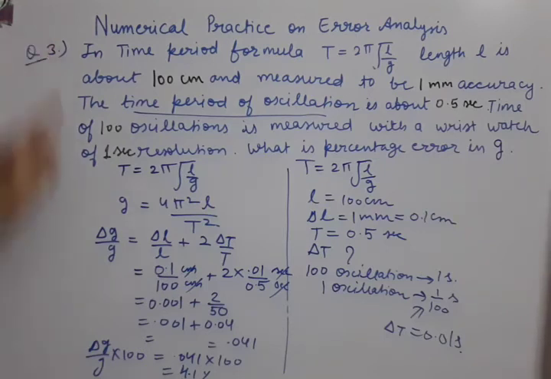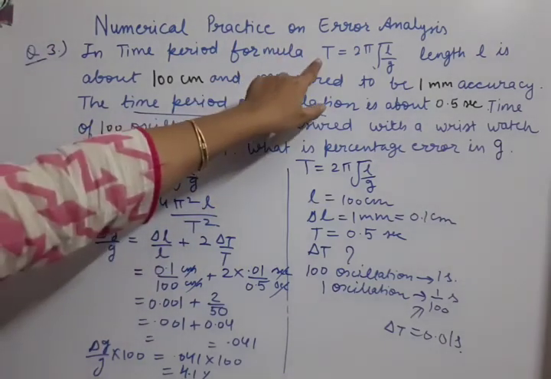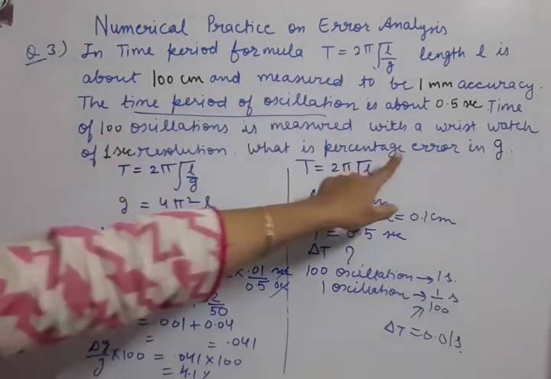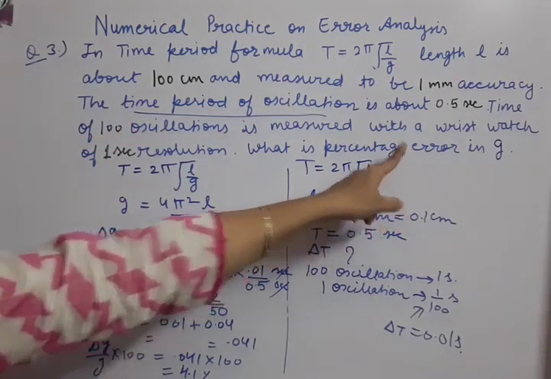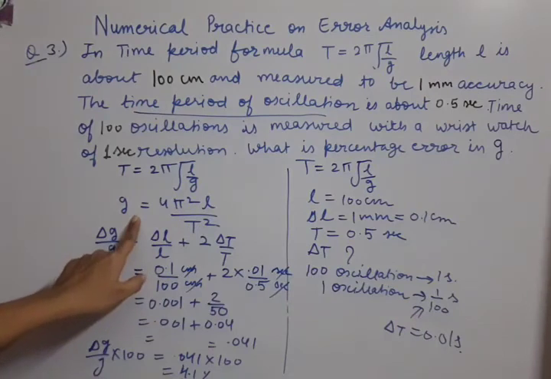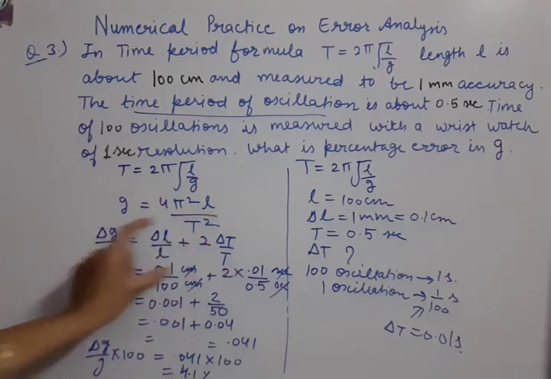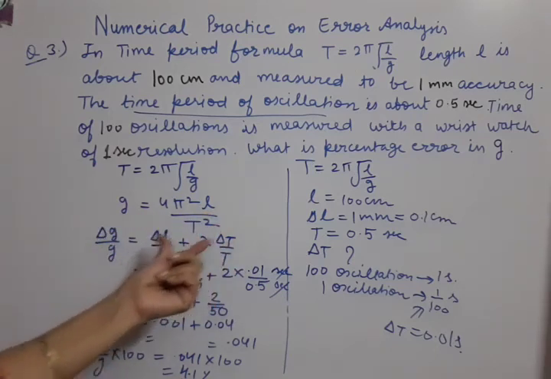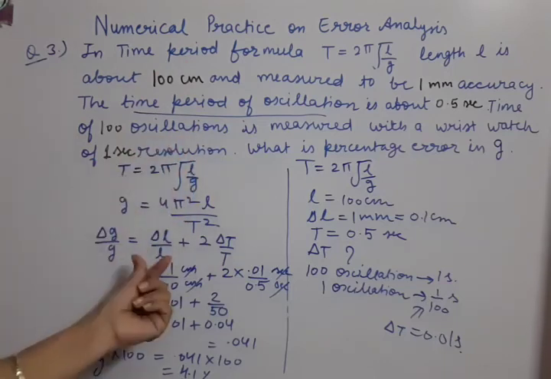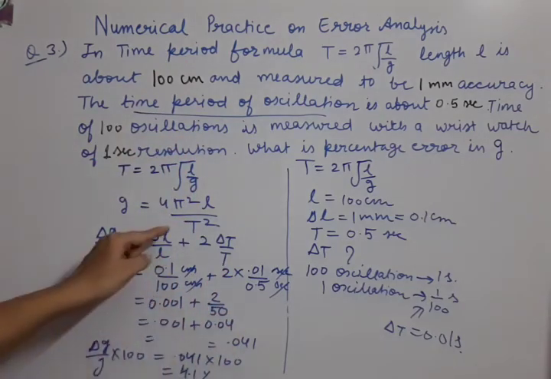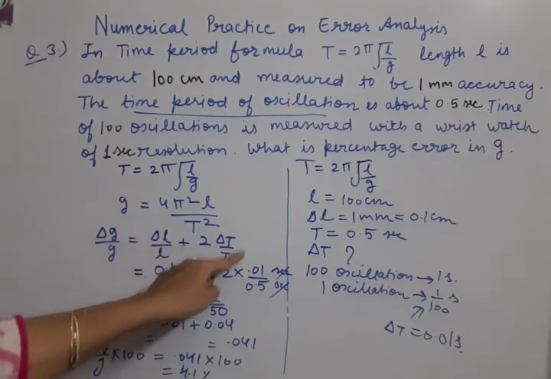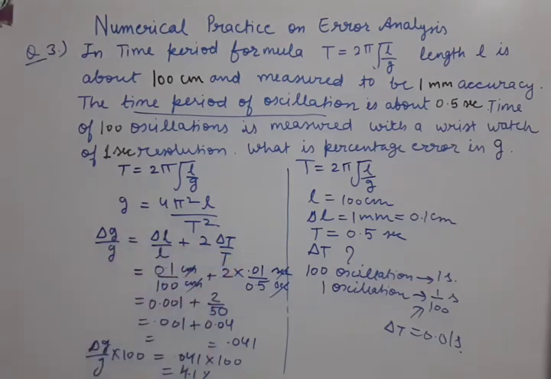So this way, students, you see, maybe the formula is given about T, but we are asked to solve the error in G. So we have to rearrange that formula for G. You can see we have rearranged, and then only we have to apply the error expression. And then whatever terms are needed, that will be given in the question. You have to apply all those values, but take care that these two terms and these two terms should be in the same unit, so that units are cancelled and we get only the number. Okay, so this way the error expressions are solved.